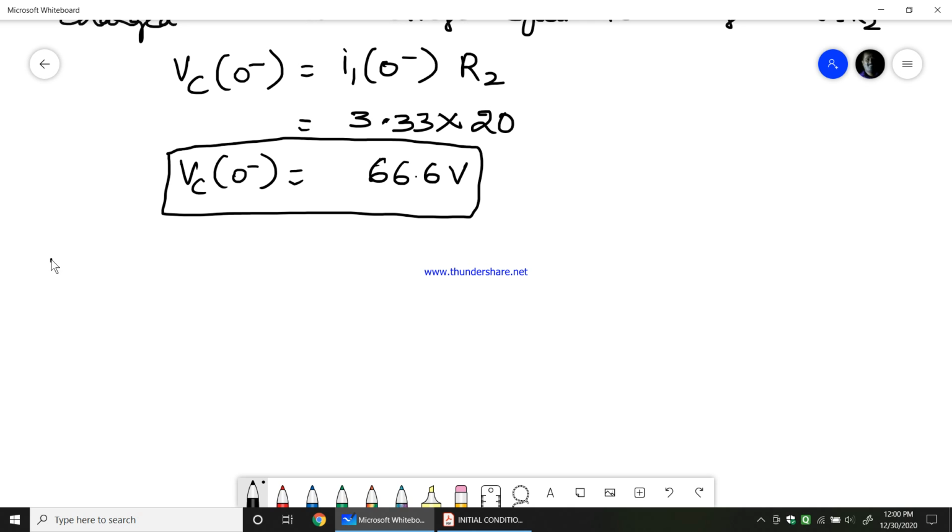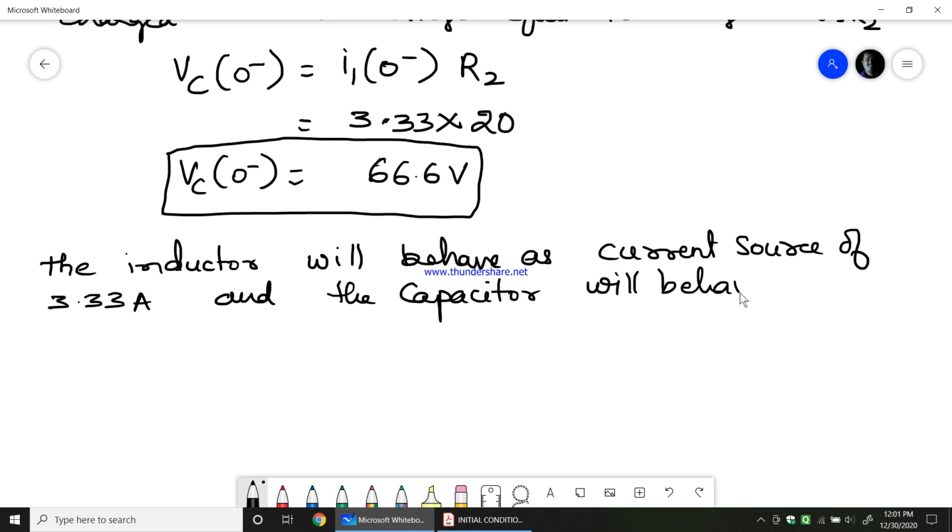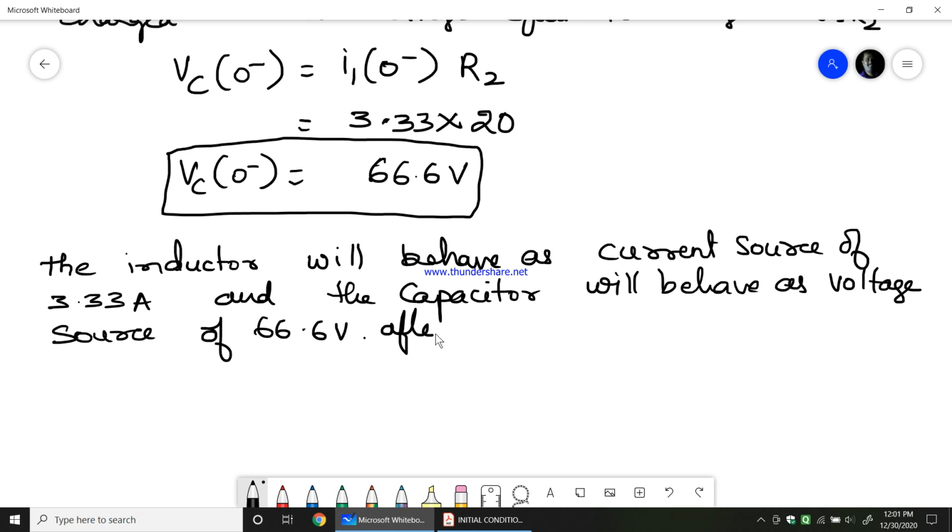The inductor will now behave as a current source, because the initial current is now there, of 3.33 amps, and the capacitor will behave as a voltage source of value 66.6 volts after time t equals 0. So this is what we need to decide when we find out